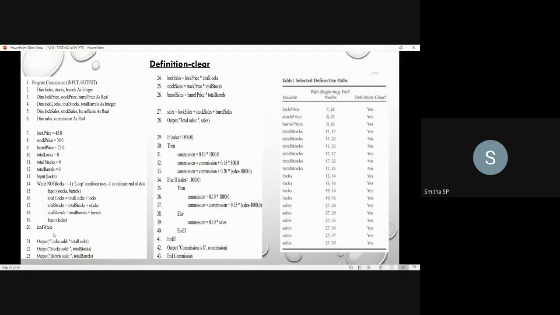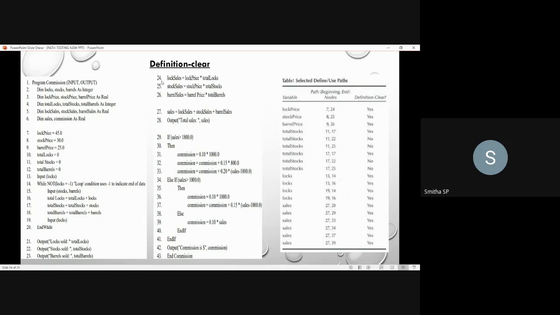Fine. 16th and then 21st for the printing of the total logs value, log sold value, you will be using this total logs, and then for the calculation of the log sales, you will be using this total logs. That is 16th, 21st, and 24th are the usage nodes.